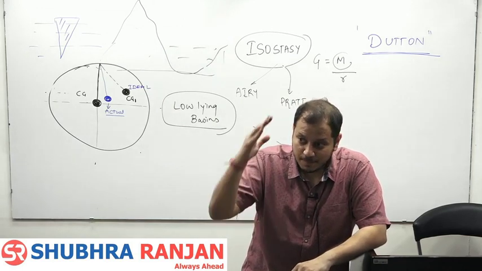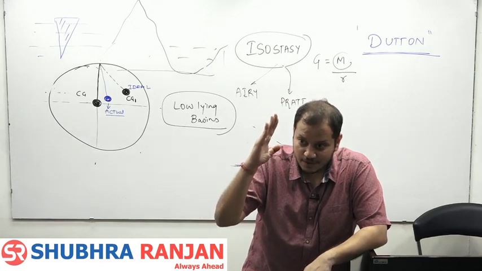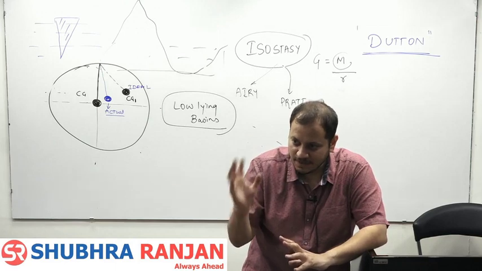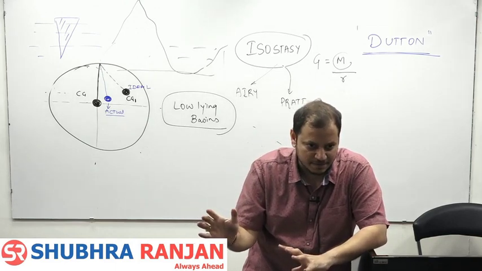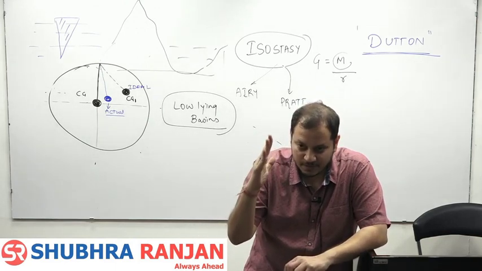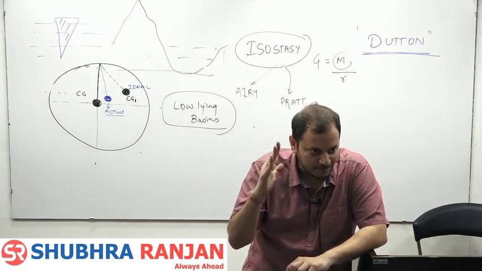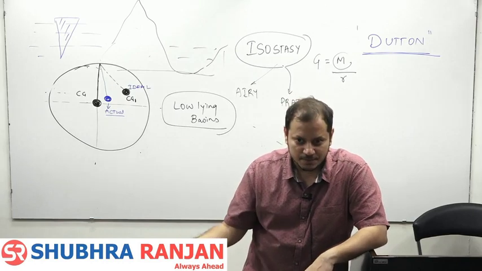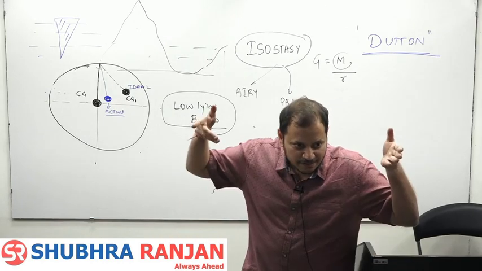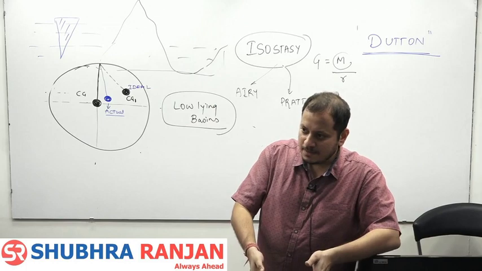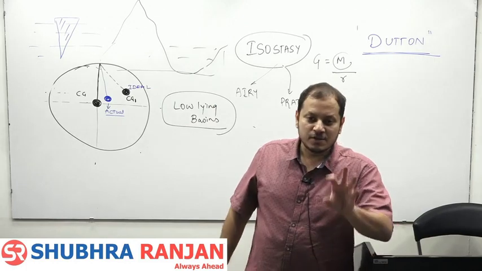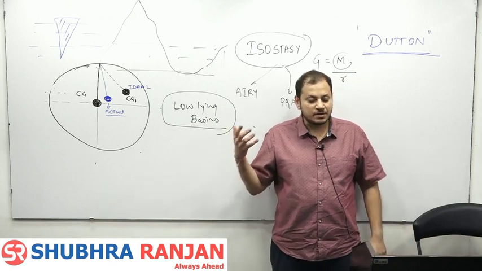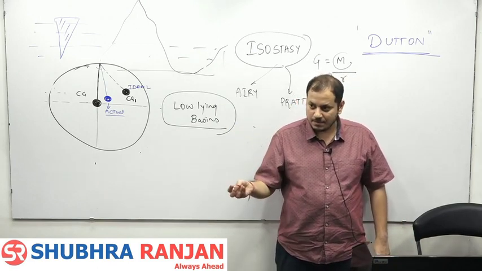So if Mount Everest is floating, not on water but on the crust, there is no difference. The laws of physics are the same everywhere. What is the height of Mount Everest? 8.5 kilometers. 8.5 into 9 or into 10, for simplicity, that means 85 kilometers deep is the root of Mount Everest. So when you study the root of the Aravallis, the root of the Aravallis is somewhere around 60 to 70 kilometers deep, which means,